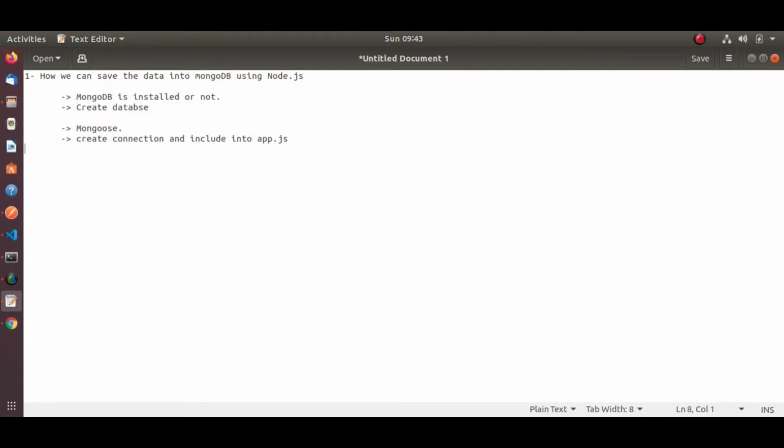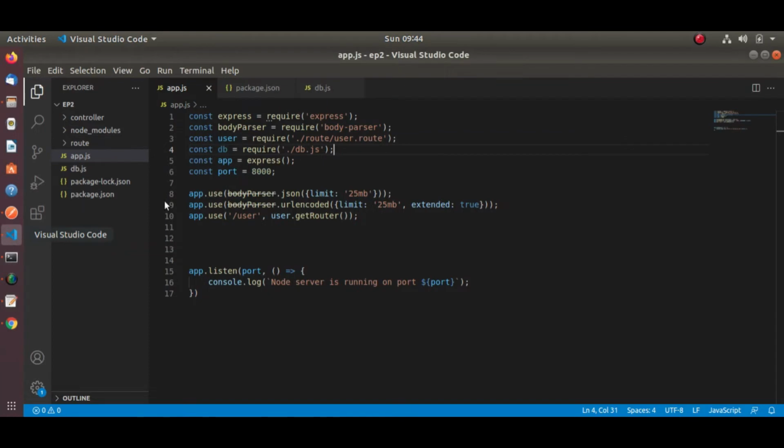Our next step is we have to prepare the schema for data modeling. So how will we do that? Let's go inside the folder.